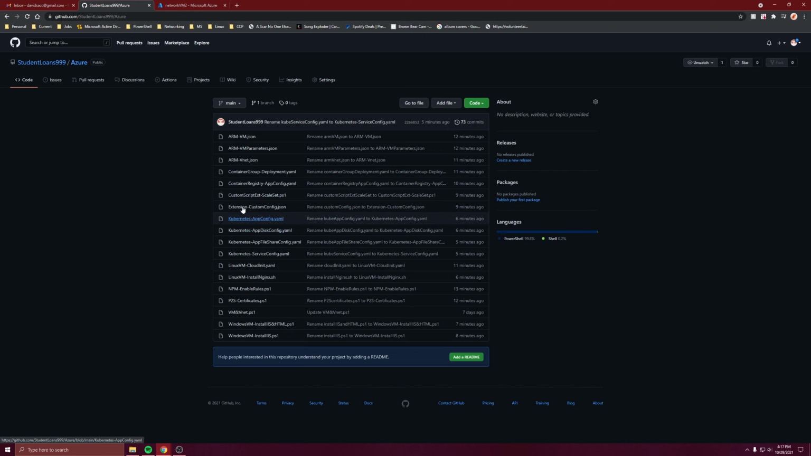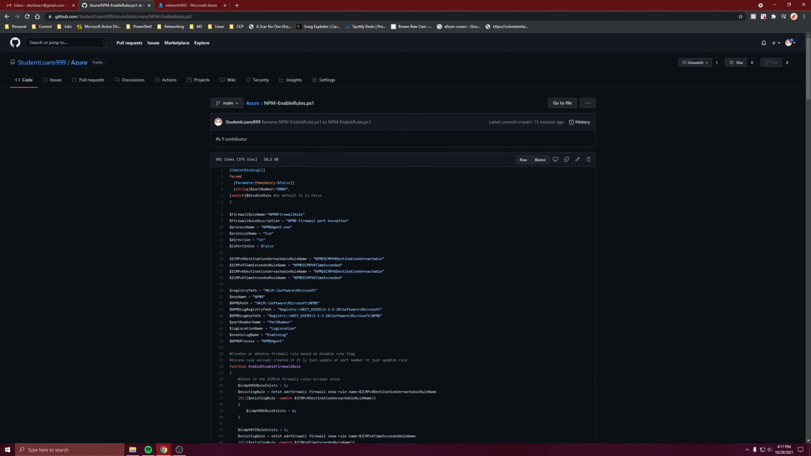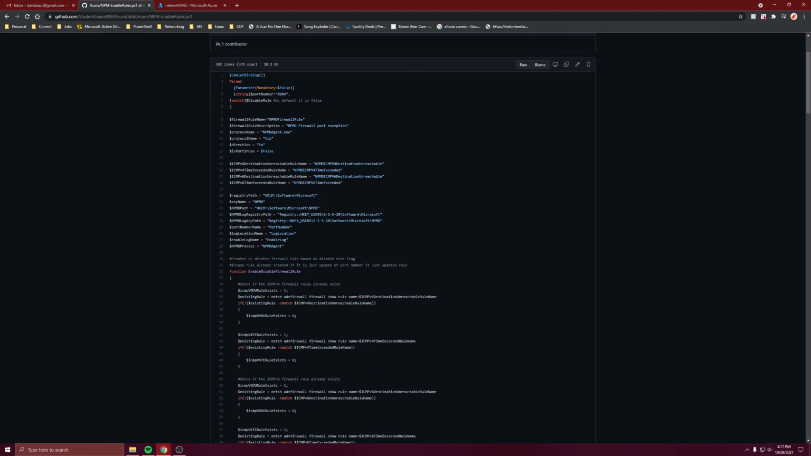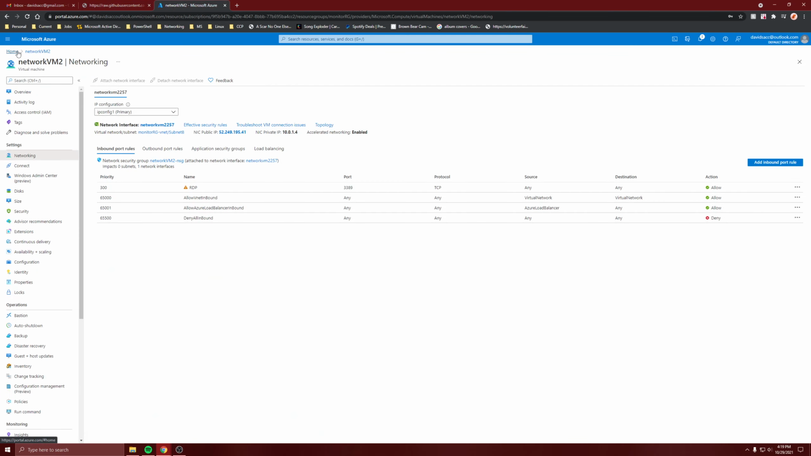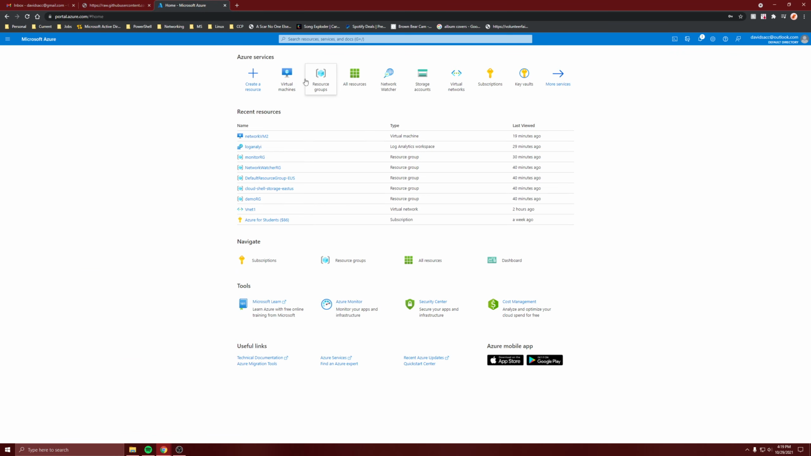What is it called? Network Performance Monitor enable rules. So I got this from Azure Docs PowerShell samples in GitHub. But anyway, you can see the default port is 8084. So I'm going to convert this to raw and copy it all,